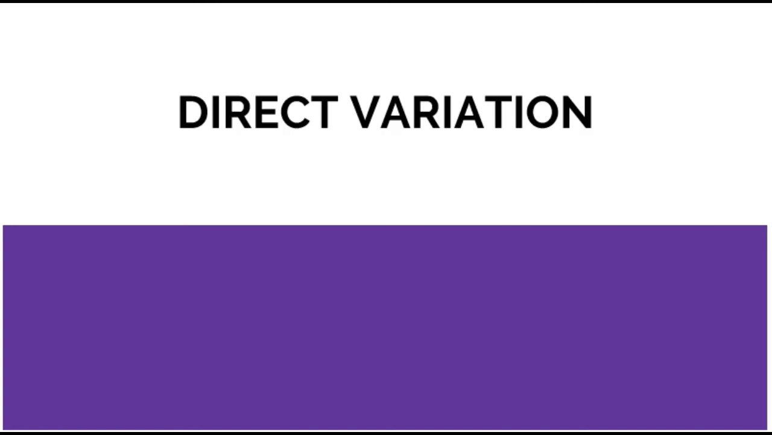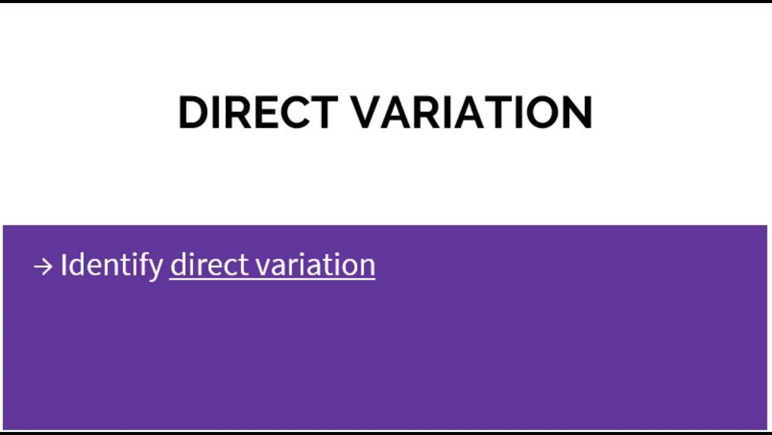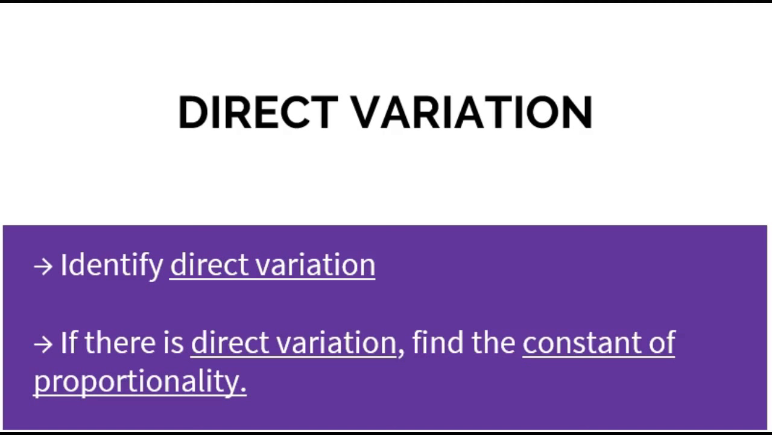At the end of today's lesson, we are going to be able to identify direct variation, and if there is direct variation, we are going to be able to find the constant of proportionality. Direct variation is something that we actually already know what it is. We haven't called it direct variation yet, and the term itself sounds a little scary, but it's something that we